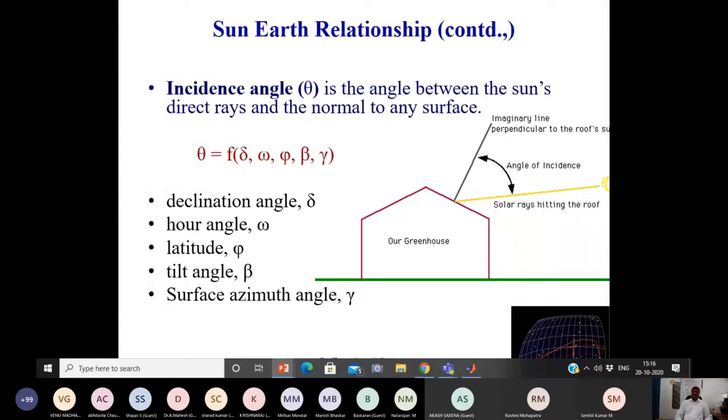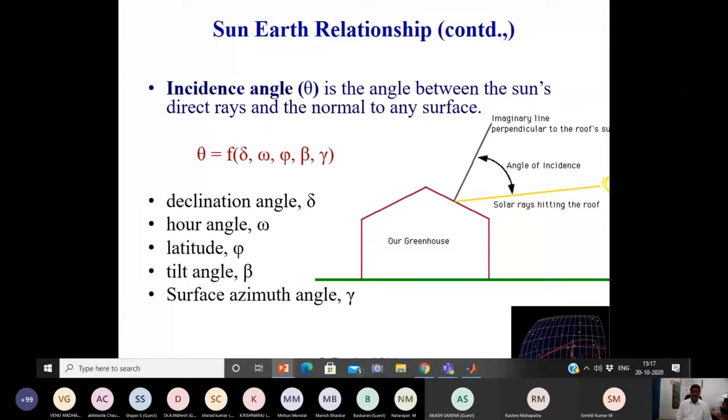If the same azimuth angle is defined with reference to the surface, that means the normal. Now I am showing the normal to the surface. If the normal to the surface is making a shadow on the ground, and the shadow line on the ground is making an angle to the south line, then that angle is called the surface azimuth angle. As we can tilt the surface, that's why surface azimuth angle is in our control, not the solar azimuth angle.